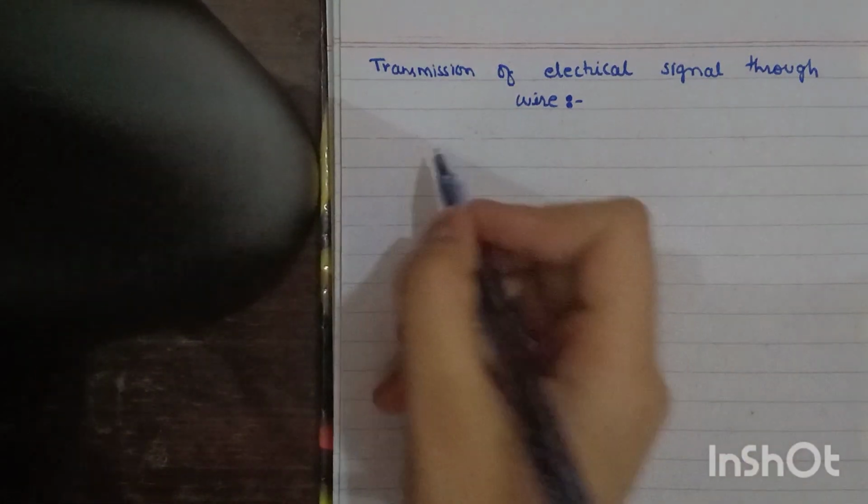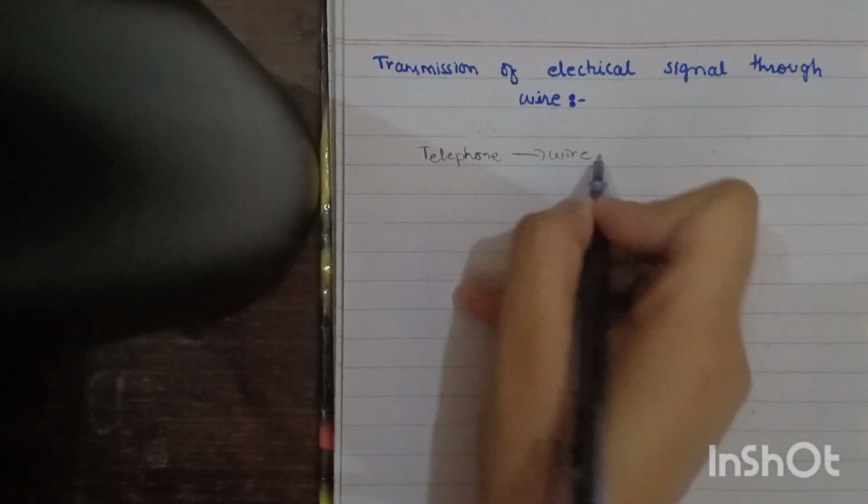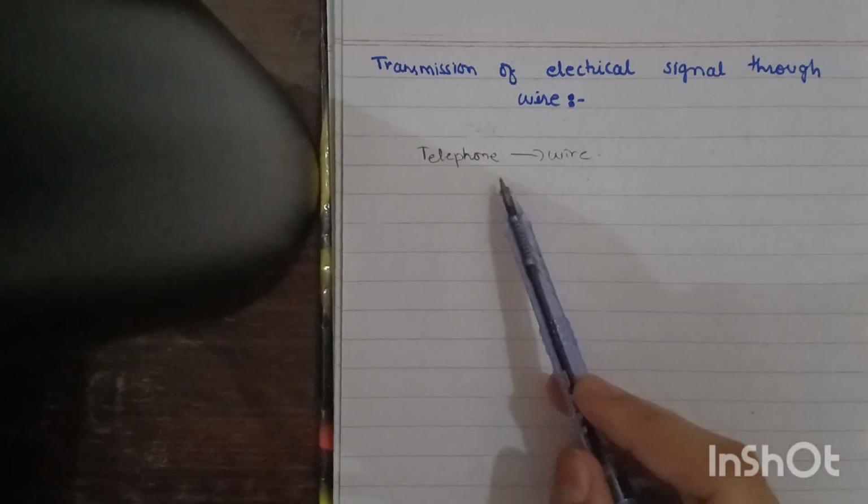Okay, so here we are discussing another topic of ICT, that is Information and Communication Technology, and the topic is transmission of electrical signal through wires. As I discussed before, there are different mediums by which the signal travels. There was the wireless medium as well, like optical fiber, and talking about the telephone, it was wire. So let's understand this topic by the example of the telephone. Here we will be talking all about the telephone.